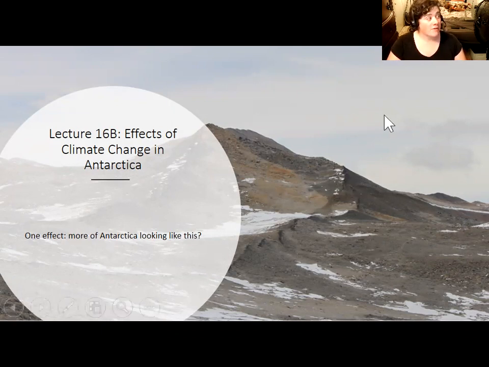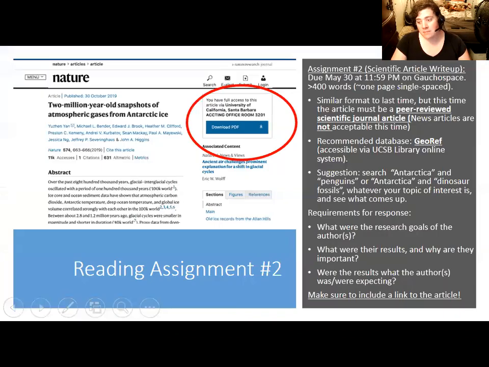But before I get into that, I wanted to mention again that reading assignment number 2 is open, and hopefully by this point in the course, you've come across some topics that interest you and that you might be interested in reading about the research that's being done on them. And assignment number 2 is about writing about an article that's actually been published by scientists or social scientists or historians doing research themselves. And the assignment is another 400-word write-up in which you need to address 3 points.